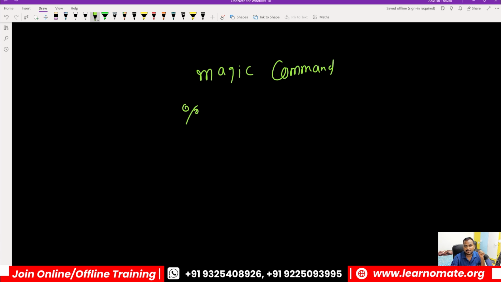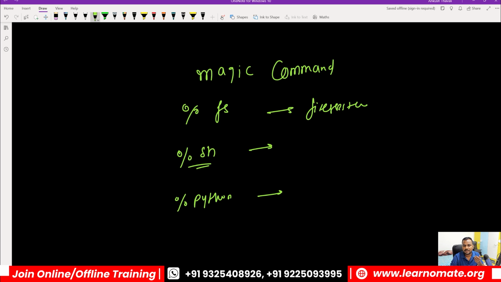And what are all the things you can use in a magic command? You can use file system, whenever you want to travel to the file system or run Linux commands. Whenever you want to use shell scripting, let's say you have a script written in shell, you can execute that. Let's say you have Python code, so by default Python, if you select it, will get executed. And apart from this, whenever you want to use SQL, let's say you have one CSV file and you want to create a table and run your SQL query on it,